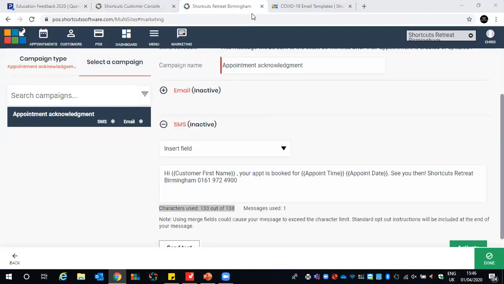Yes, SMS does have a charge. It will come out of your typical bundles that you use at the moment. So if you're with Message Media with us, whatever your bundle is, it's the same rate per message that you're currently on at the moment. So it comes out of your existing bundle. Yes, that's correct. So if you're using bundles at the moment, Maria, for confirmation text messages, it will just come out of that. So nothing additional needs to be set up.